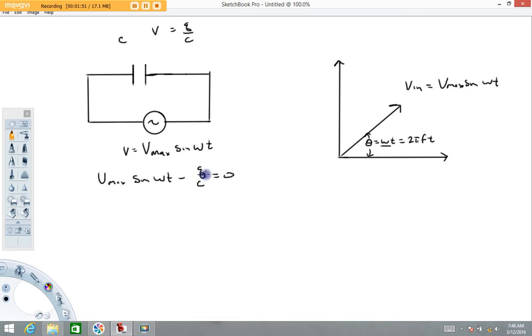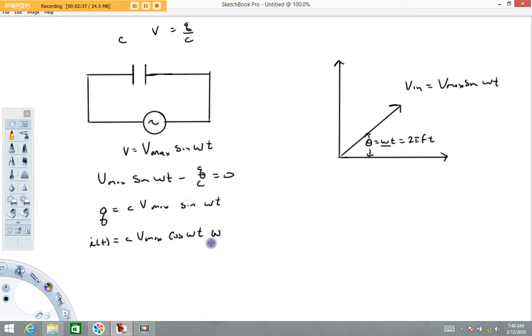Not every part of this is going to be super important, but this can be solved for the current by algebraically solving for Q, which is equal to C Vmax sine omega t. Then the next step to turn this into the current is to time differentiate it, because remember, the current is equal to dq dt. So current as a function of time is going to be the time derivative of this expression. Now this is constant, so C Vmax, this is the first thing that requires a time derivative. The time derivative of sine is cosine, so this is going to be cosine omega t times the derivative of the inside function, which is equal to